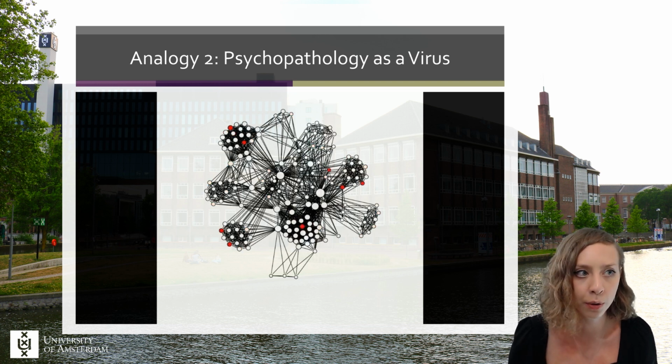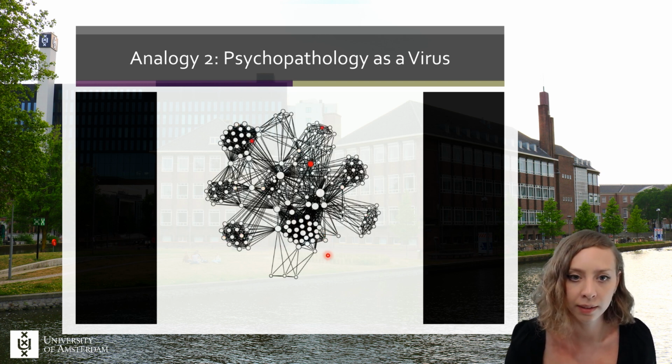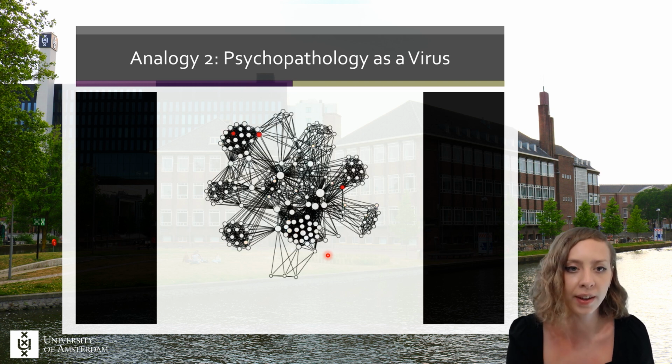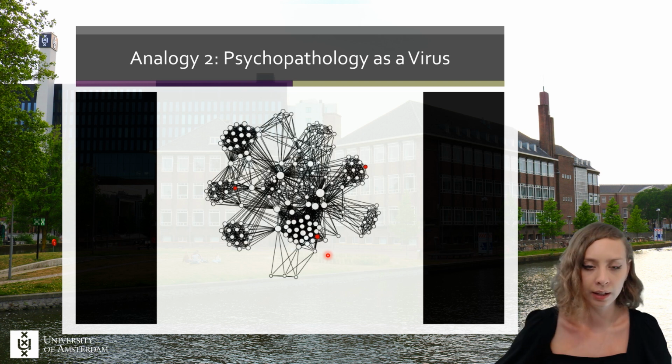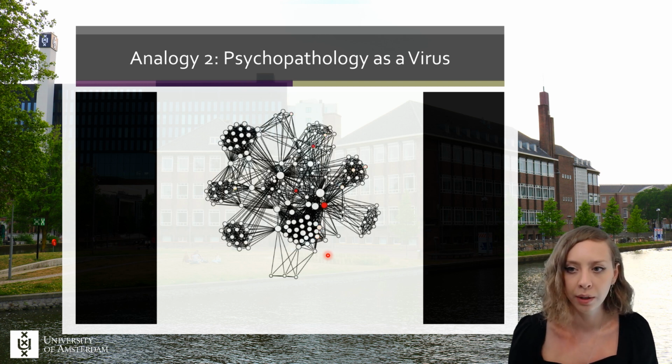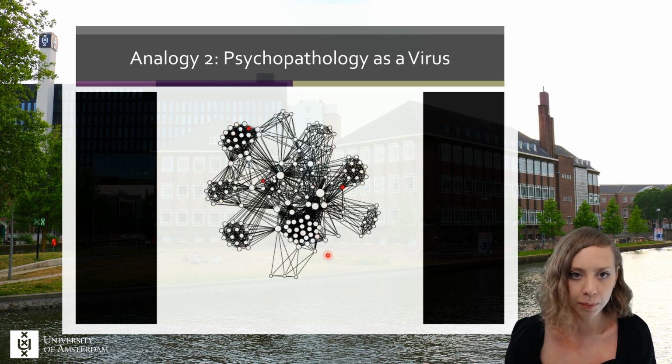And if you keep your eye on this side here of this network, you will notice that at some point, something is happening. So you can also think of this network as many people who become infected at one point, and then they have a chance of infecting their neighbors. Okay, so sometimes one node is activating, so that person becomes sick or that symptom activates.